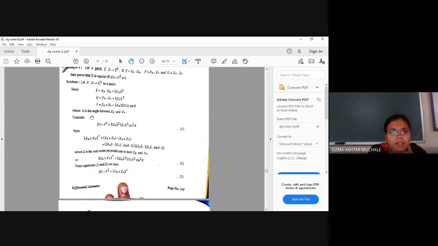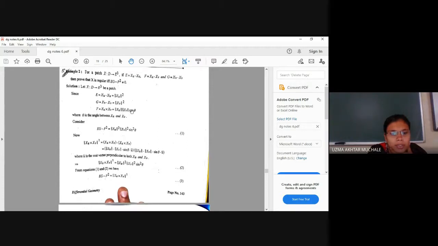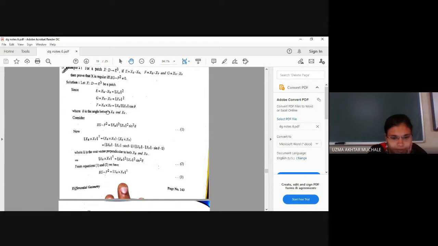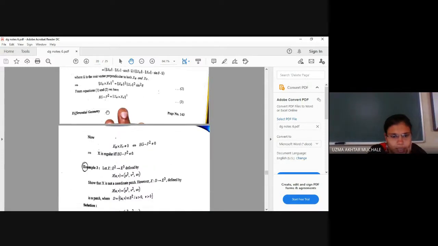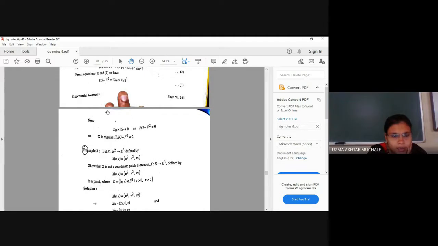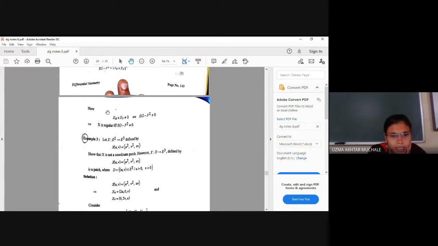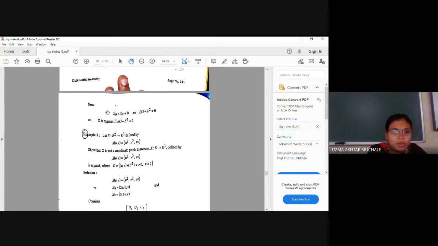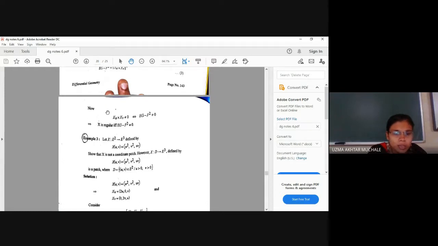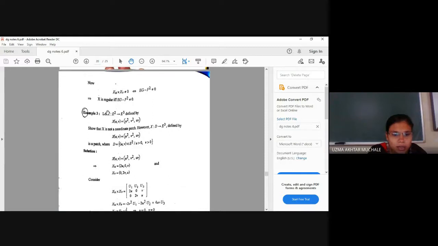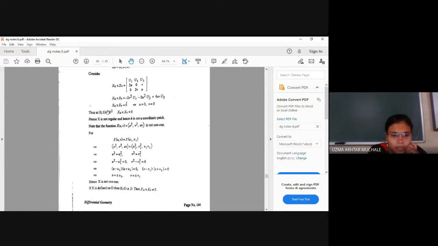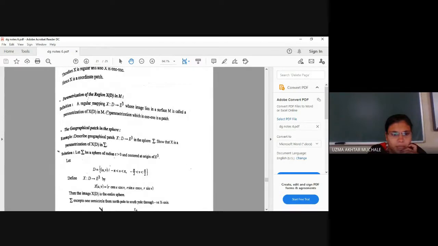Actually, what is F? Here it should be dot product. Okay, by mistake here it is cross, so you should go with the dot product. So it is norm Xu, norm Xv, cos theta. Again cos theta is correct, but here there is some mistake. Actually, it is dot. So with the help of equation 1 and 2, you can say EG minus F square are same. So hence Xu cross Xv not equal to 0 implies that EG minus F square is not equal to 0. And hence we can say X is regular if and only if EG minus F square is not equal to 0.